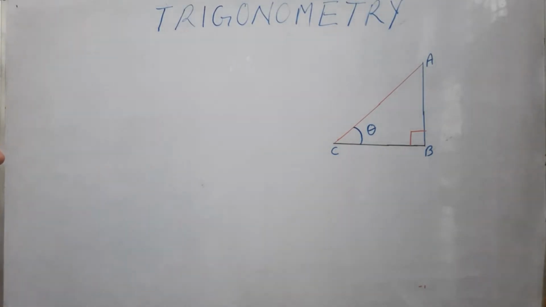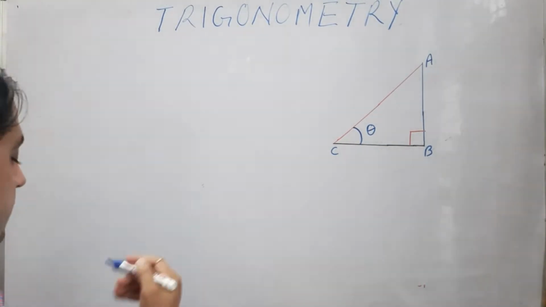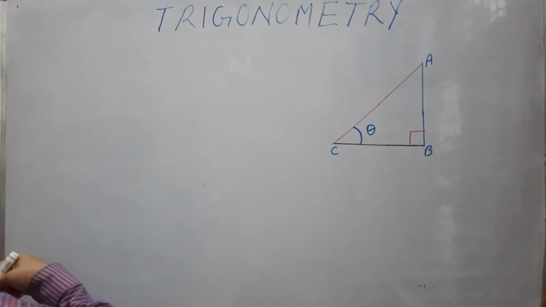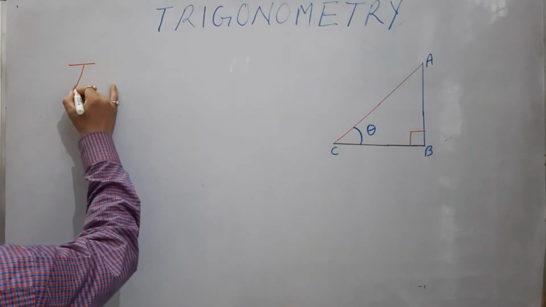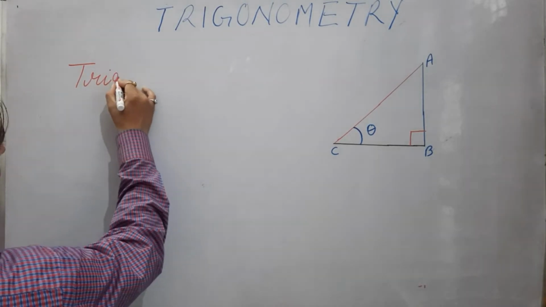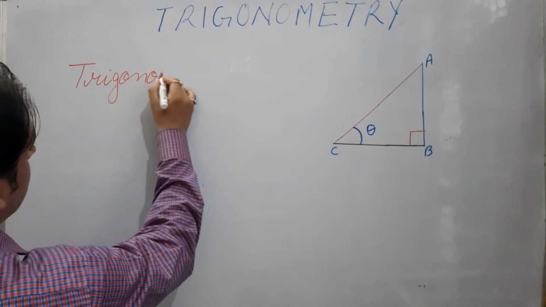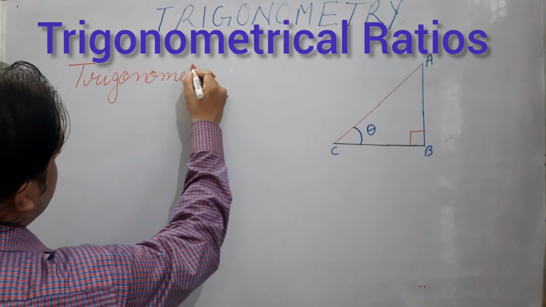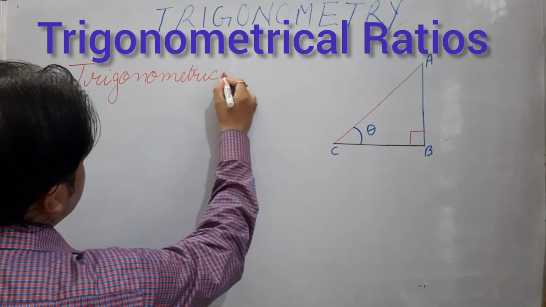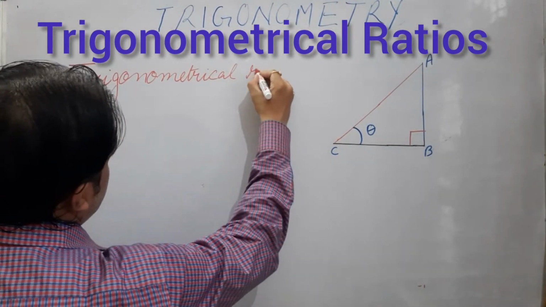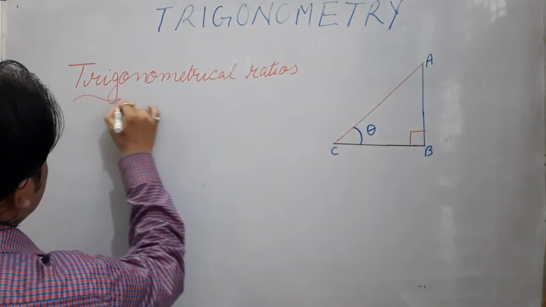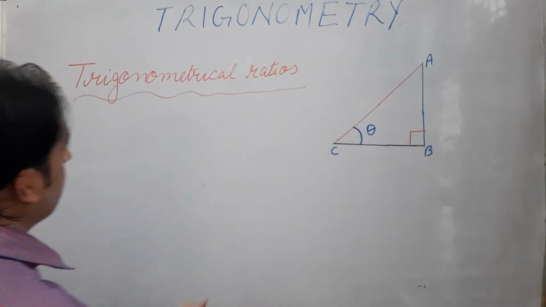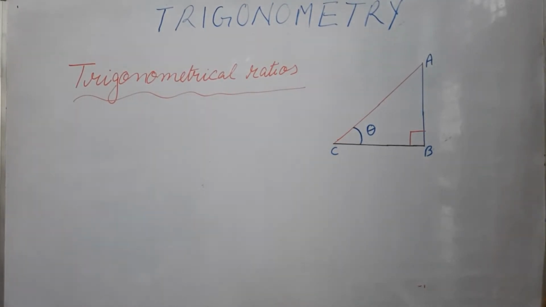Next is the trigonometrical ratios. Trigonometrical ratios. What is this trigonometrical ratios? It's a ratio